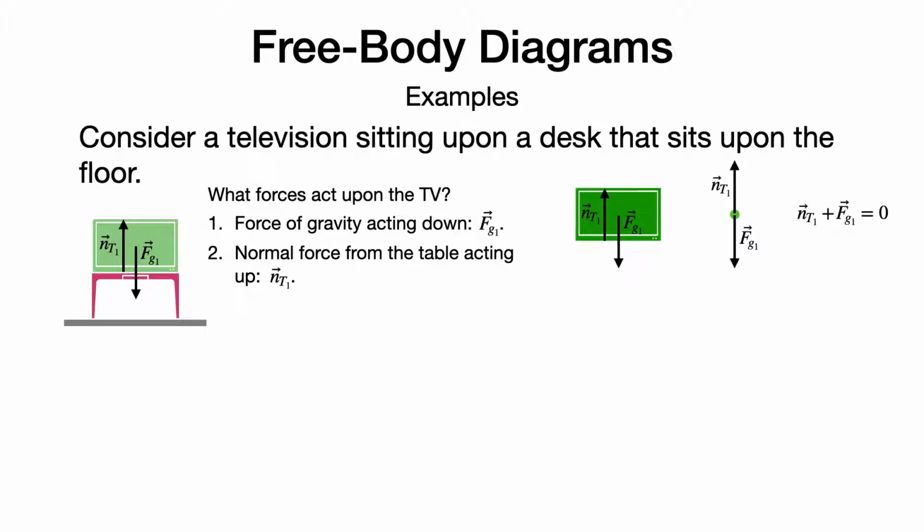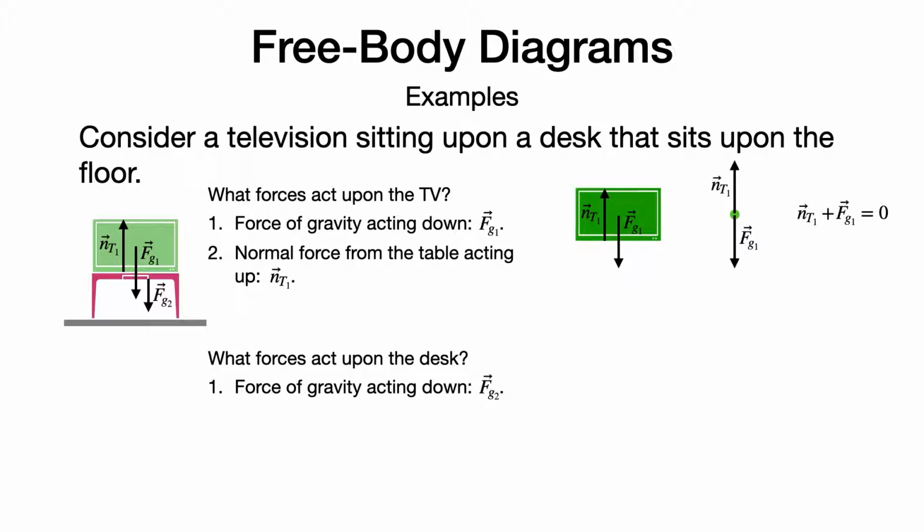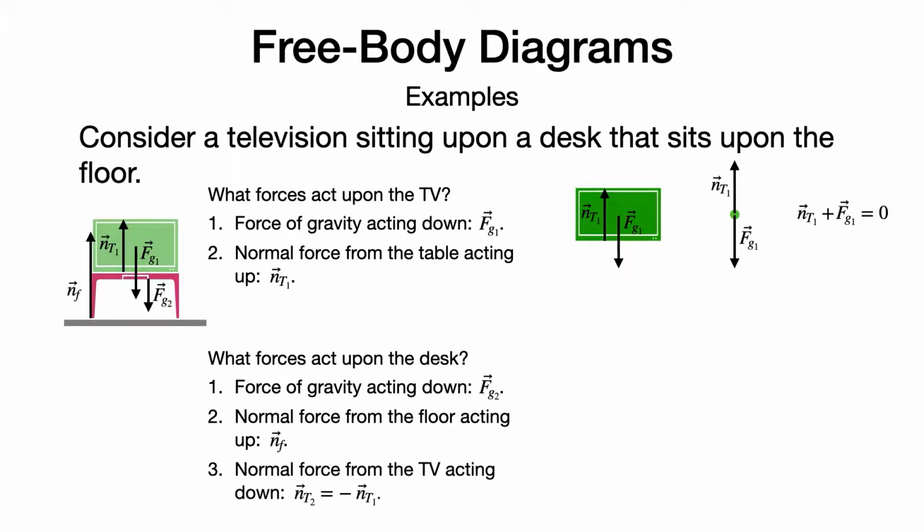It has no acceleration. Now let's consider what forces are acting upon the desk. Well, again, there will be the force of gravity acting down on the desk. There will also be the normal force from the floor acting up against the desk, keeping it from pushing through the floor. We'll call this normal force N sub F, or N for the floor. And finally, there's also the normal force from the TV acting down. This is the action-reaction pair force, which is paired with the normal force of the table acting up on the TV, that's N sub T1,